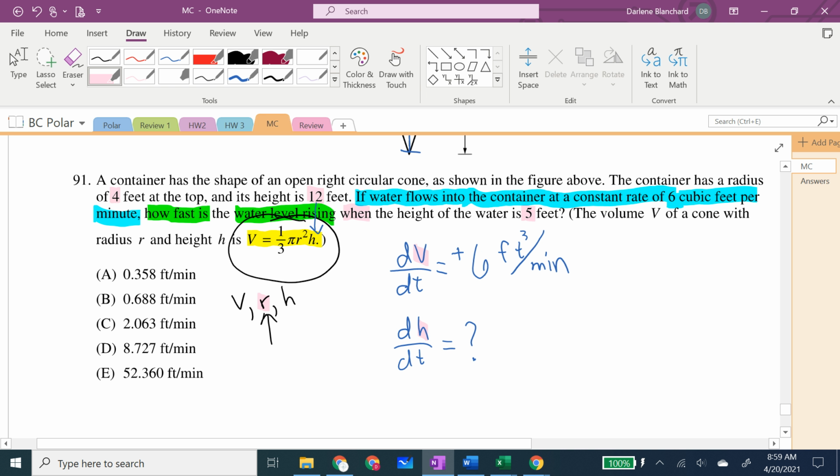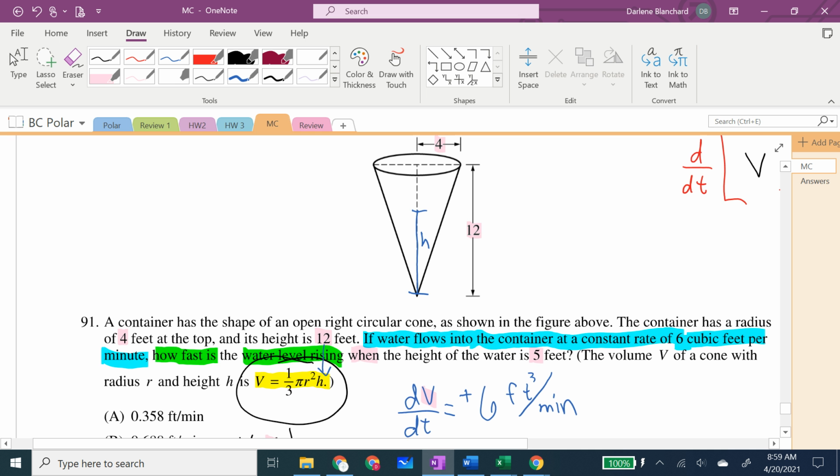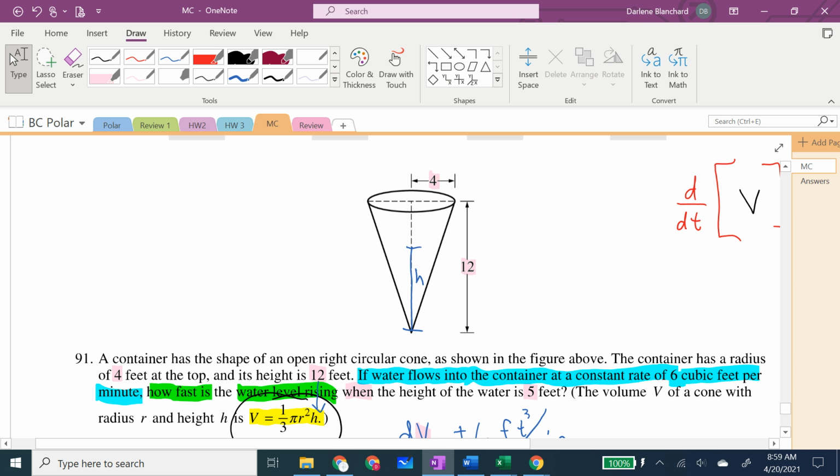So the answer to that second question, do I actually have a constant R? No, I don't. It's a cone. As the height is changing, as the volume changes, as water flows in, that radius is growing. So I have to figure out what is the relationship of R with other variables. And then take a moment to think about what seemed like extra information. The 4 and the 12 may have seemed like extra information, but that provided you with a ratio, because they